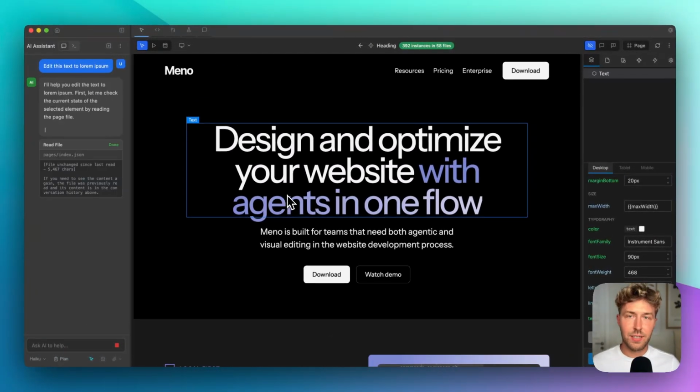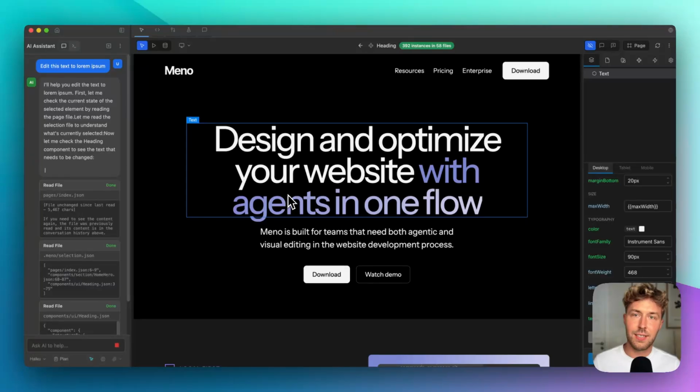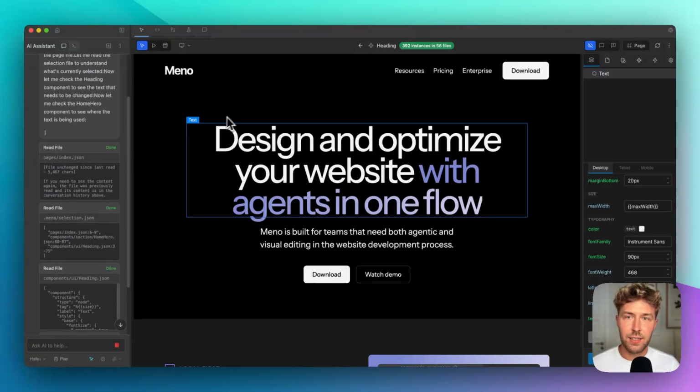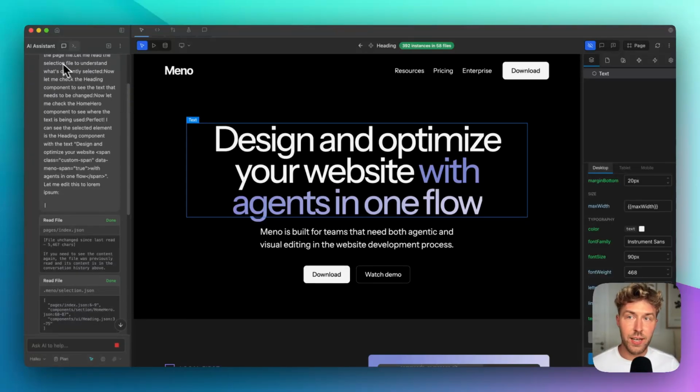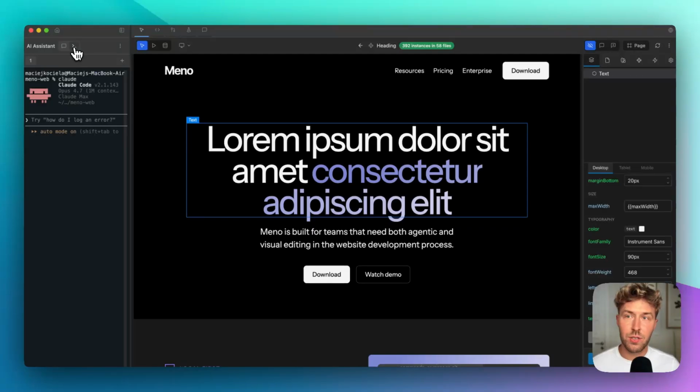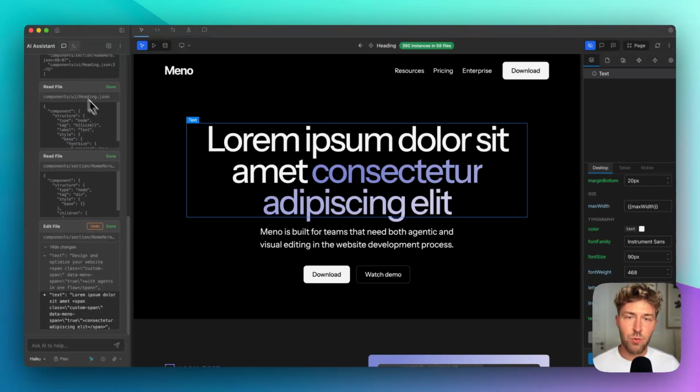And right now the system knows which element is selected. You can use the AI Assistant or you can use Claude Code by switching it here. Claude Code is better in my opinion for larger tasks, and for smaller ones like changing this text here, our built-in AI Assistant is great. And if we switch to Claude Code,